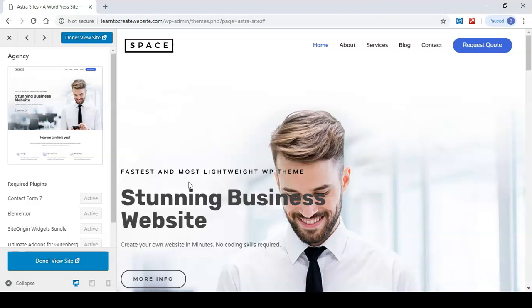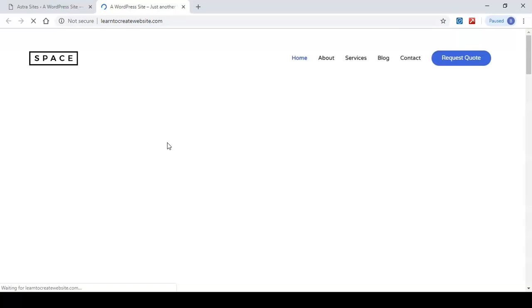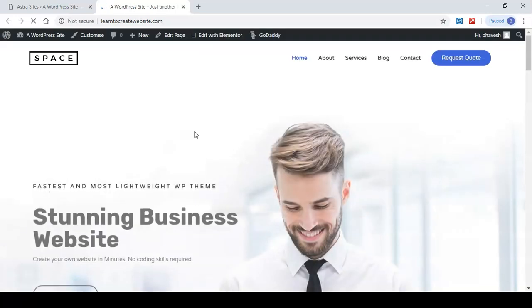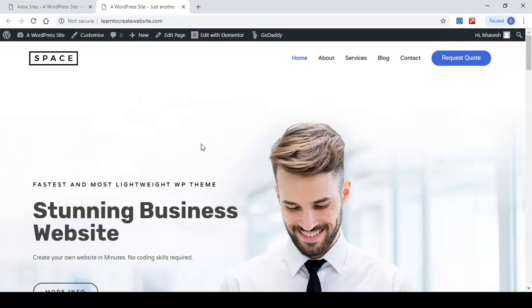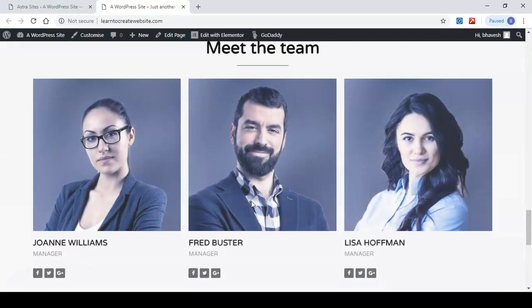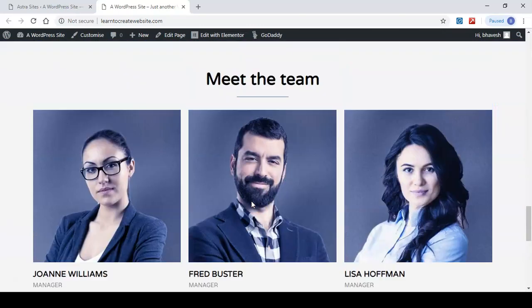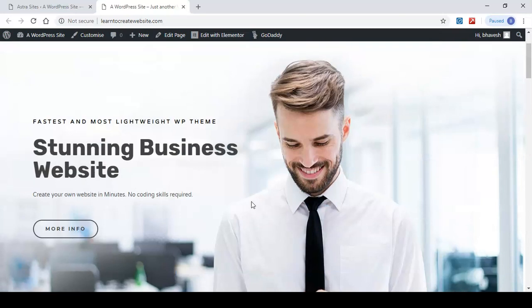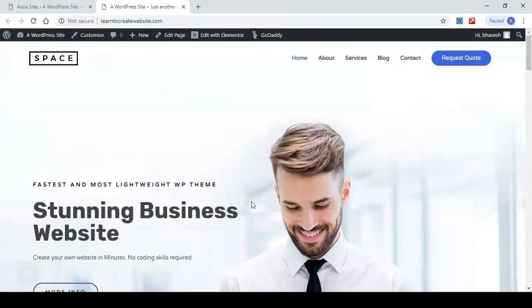Now the design and demo content will be imported into your site. Once it's done, we can now see the site. So let's click View Site. Okay, so as you can see, the demo has been imported into our website and this is how it looks. And you can also see the other pages which also have the demo content.